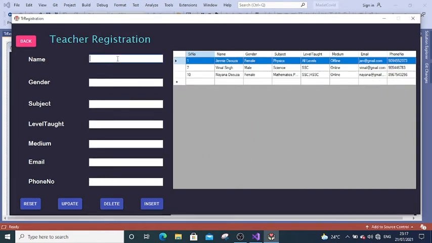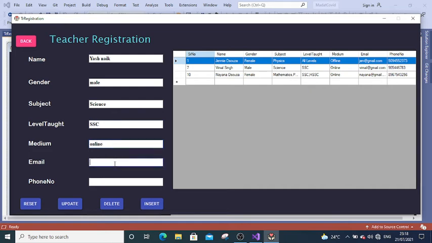Let's say a new teacher wants to register for the app. Level will indicate the level, that is till 10th standard, 12th standard, engineering, PhD, whatever. Medium means whether it is online mode or offline mode.